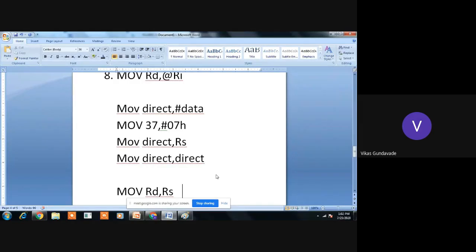So here the destination will be either the accumulator, the B register, any R0 to R7 register, the direct address, or the indirect register pointer. Similarly, the Rs may be the accumulator, the B register, any R0 to R7 register, an immediate value, the direct address location, or the indirect address location pointer. Okay, so any instruction we can create, or the microcontroller has these number of instructions depending upon this single syntax.